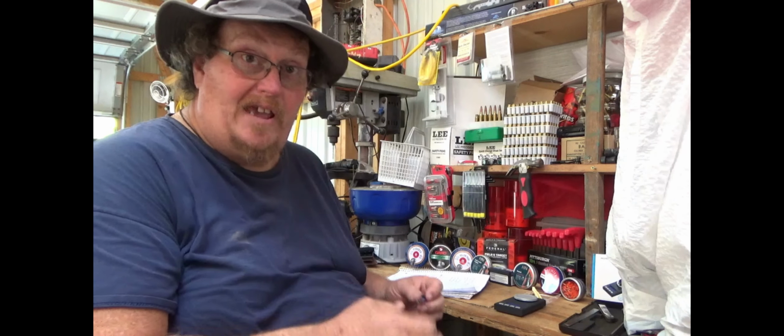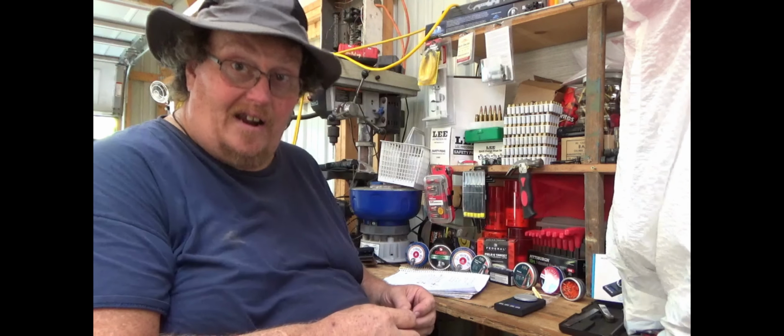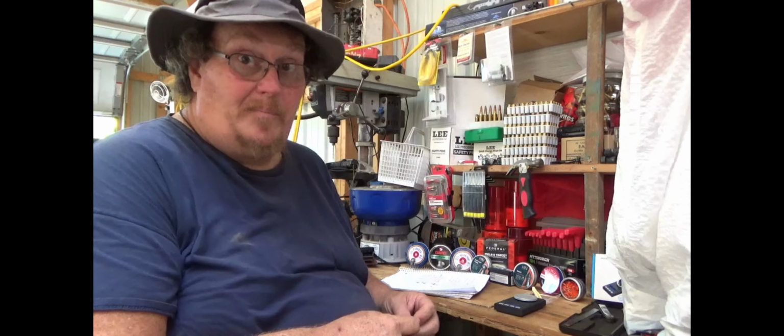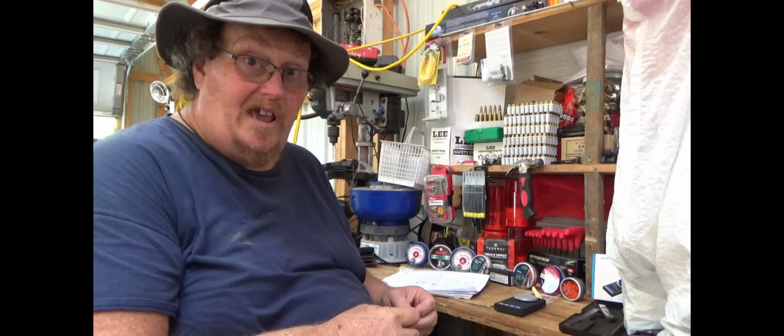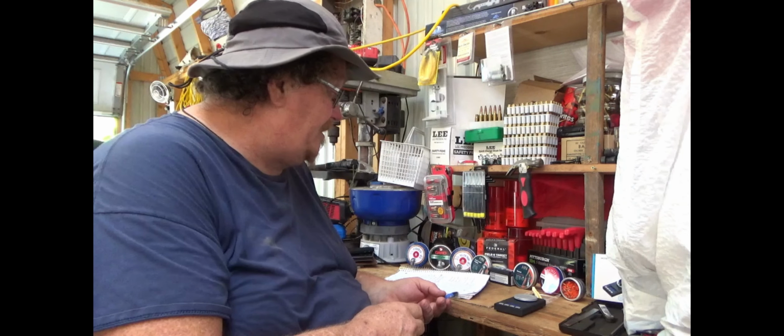I mean, you've got a big heavy pellet. It makes a big wound channel. It's going to penetrate like crazy, and it's going to retain all its weight. That pellet is going to be tough when you shoot game. But now the Craftsman Power Shot,